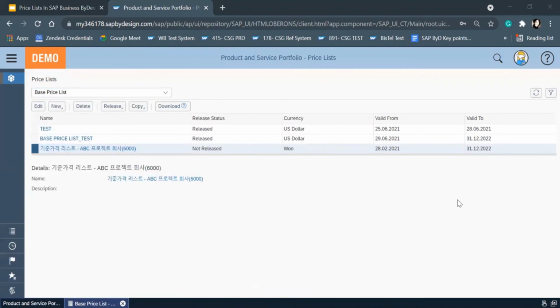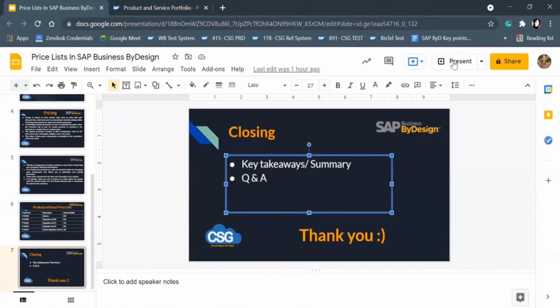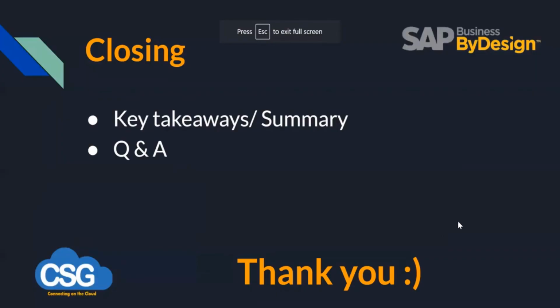Okay, anybody else having any question? I think it's fine. So the key takeaways from this session: first, we learned what the price list and the discount list are in the system. Then we saw how they reflect in the sales document. We can also try the same in the service documents.